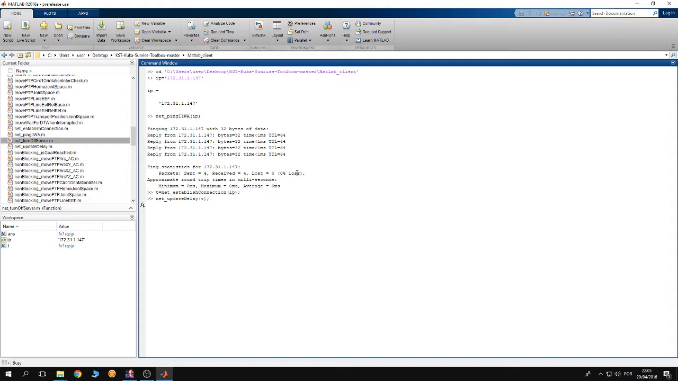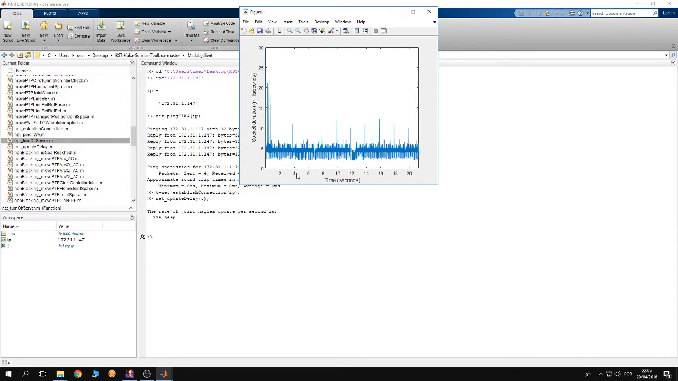Right now, to calculate the communication delays, I'm going to use net update delay. I'm going to give it as an argument the TCP/IP communication object. And what this function is going to do is give you a plot of the communication delays between the PC and the EWA. And what does this function do? Actually, this function right now is streaming messages to the controller of the robot. Then it waits for the acknowledgement message returning from the robot. And for each message, this function keeps track